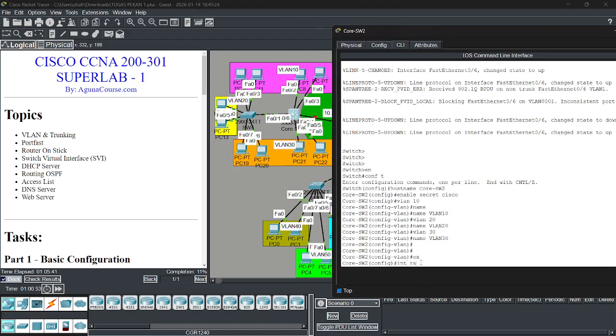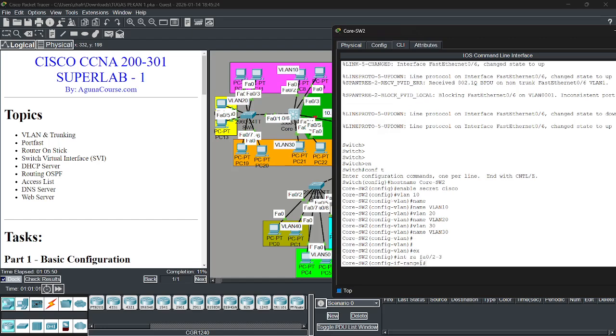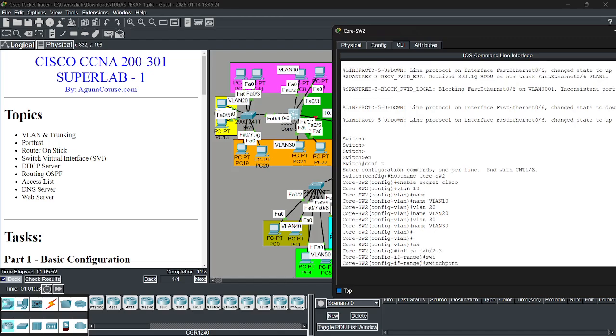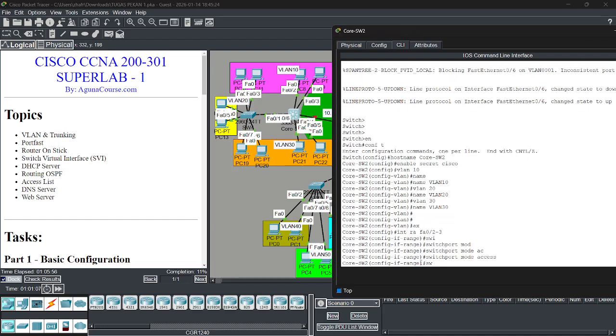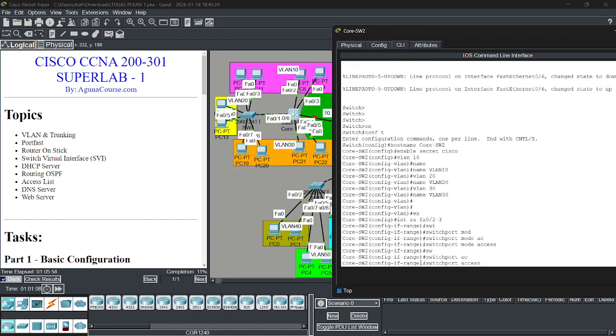Interface FA0/2-3, switchport mode access, switchport access VLAN 10,